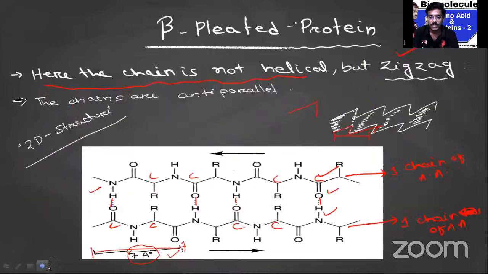And this is the beta pleated structure. Here 2 chains are joined together with the help of hydrogen bonds, or another chain may be added here. I am just discussing the 2 chains, but another chain may be added here to make this beta pleated structure also. Suppose another chain is added here, and in between them there will be formation of a hydrogen bond. So it is not fixed that there will always be addition of only 1 chain or only 2 chains. There will be chances of joining of more than 2 chains in case of the beta pleated structure of the protein.